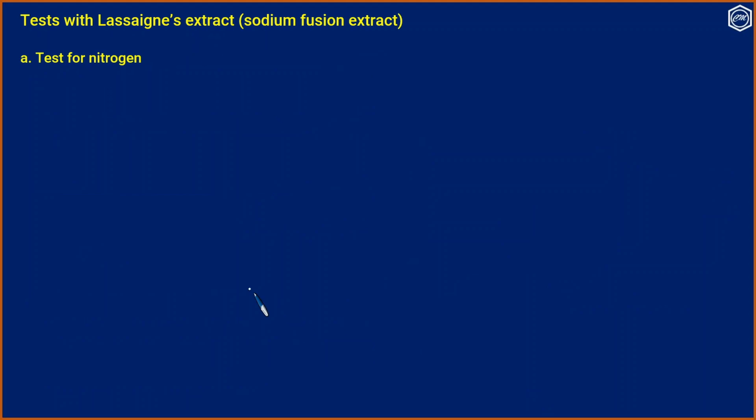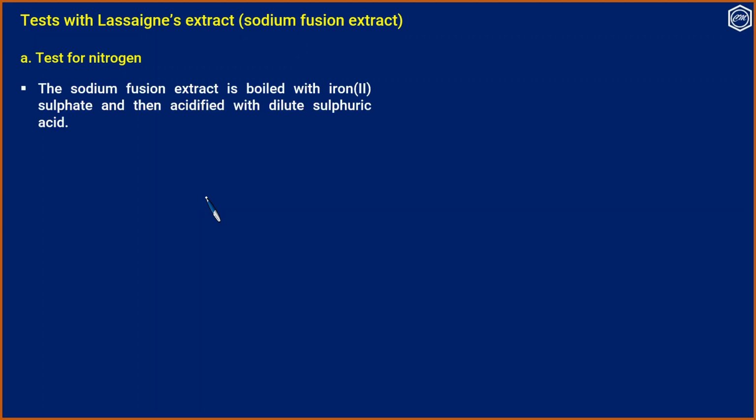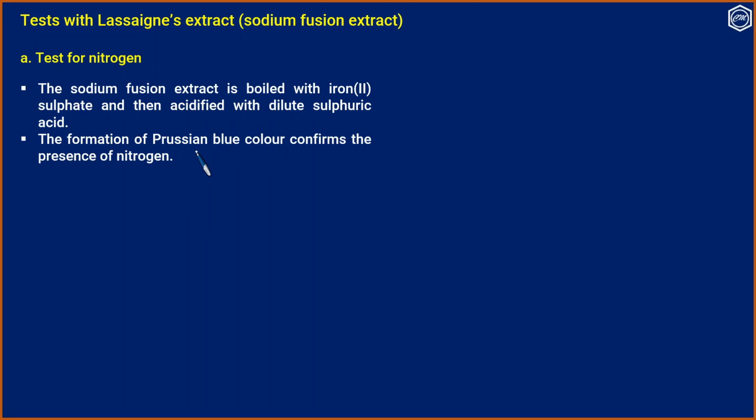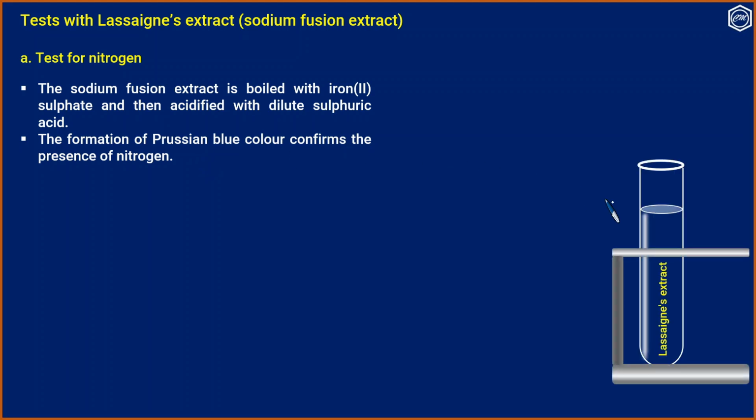First, we test the presence of nitrogen. For that, the sodium fusion extract is boiled with ferrous sulfate and then acidified with dilute sulfuric acid. The formation of Prussian blue color confirms the presence of nitrogen. This is the extract that we have prepared. We keep it in a boiling tube